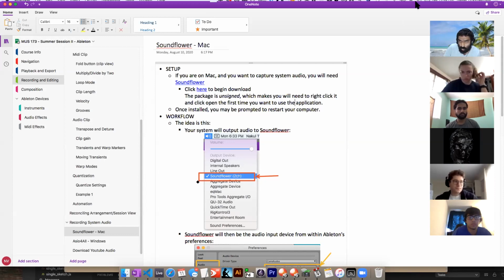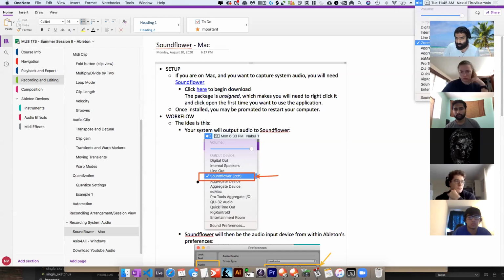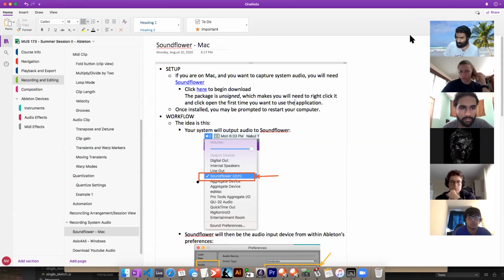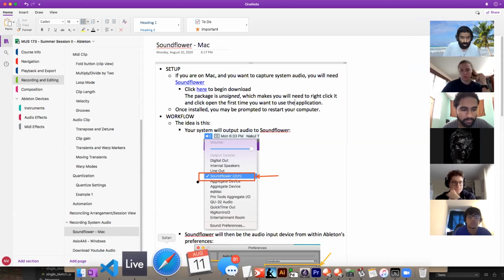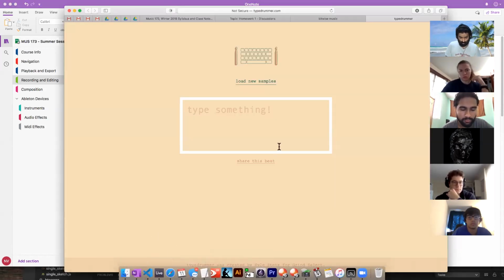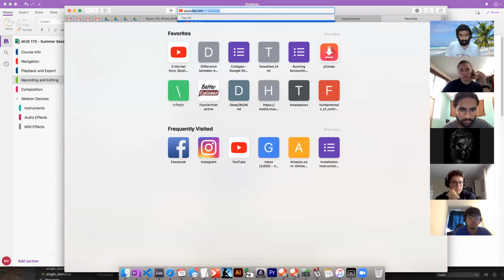So to demonstrate, I'll show you what I mean. And I don't know how this will work with Zoom, so this is going to be a mystery, because Zoom is adding another kind of element to this. So for instance, if I go to Soundflower, can you guys still hear me, by the way? Yeah. Okay, cool. All right, if I go to Soundflower, if I go to YouTube,